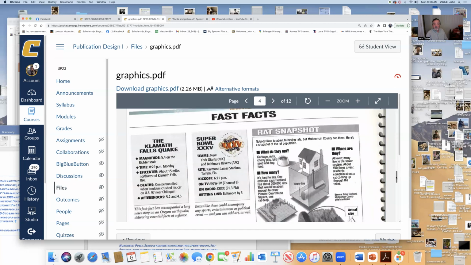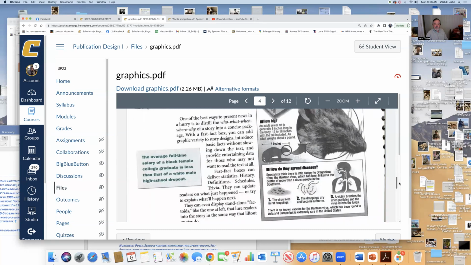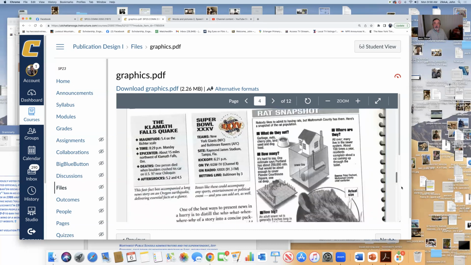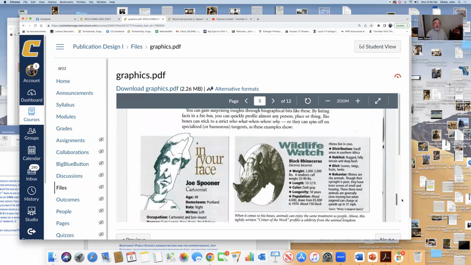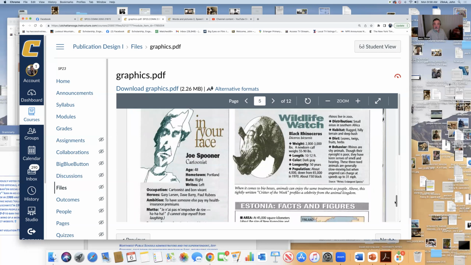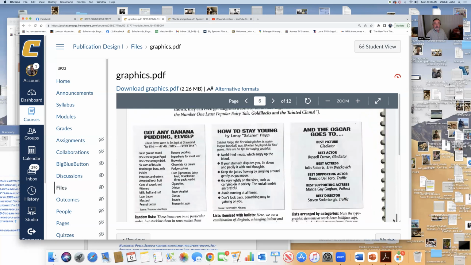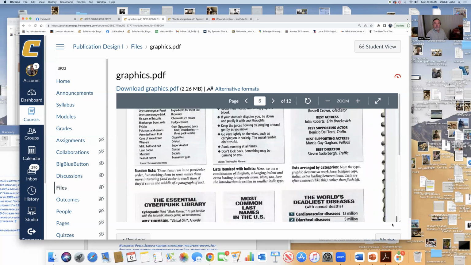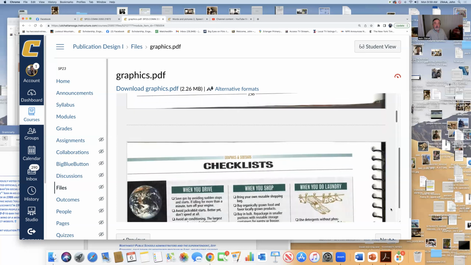Little fast facts. Explain one thing, like talking about rats. Here is everything you ever want to know about rats. Better in a chart. Little boxes. If the owner of a restaurant or an artist is featured, look at those. Maps are good. Lists, that could be like a menu. There's all sorts of good stuff that you could do visually much better than in words. Checklists,